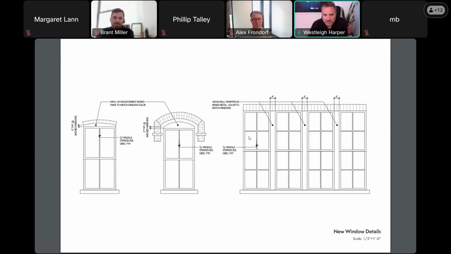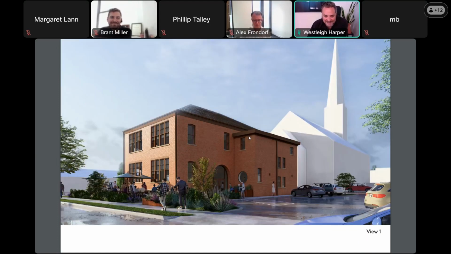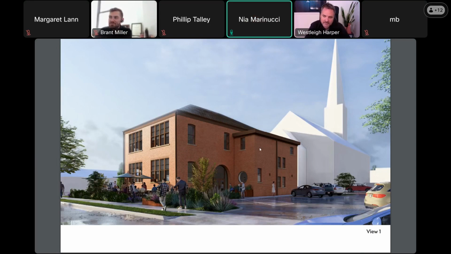I agree. I apologize because I am in the car now, but I agree with my colleagues. I also debated a little bit about the standing seam roof and its appropriateness, though I think I would be open to it in this application. And I do think all in all, it's a really attractive and great project. Thanks.